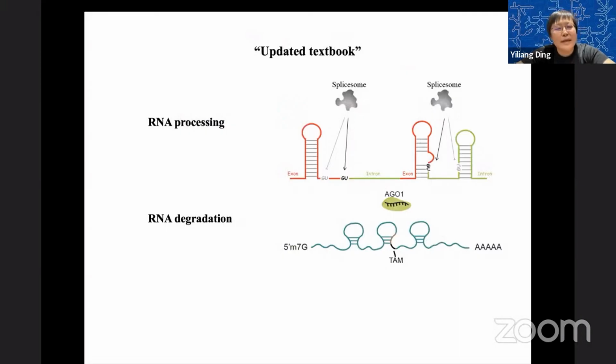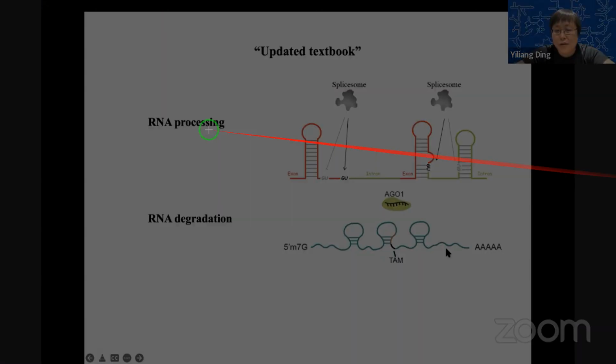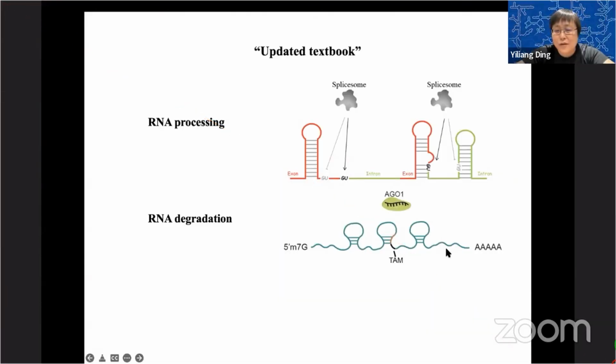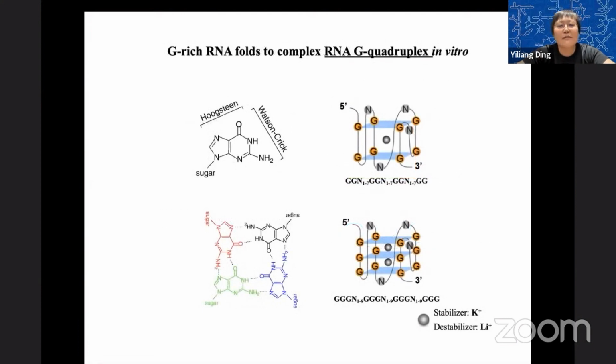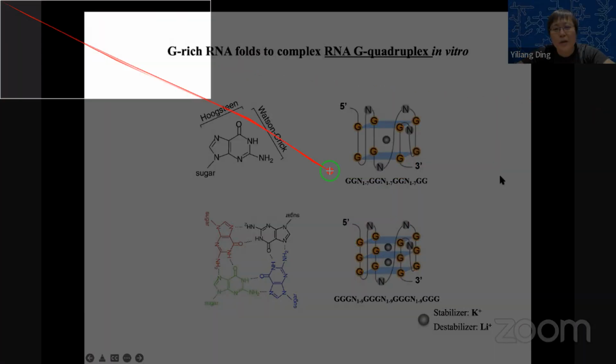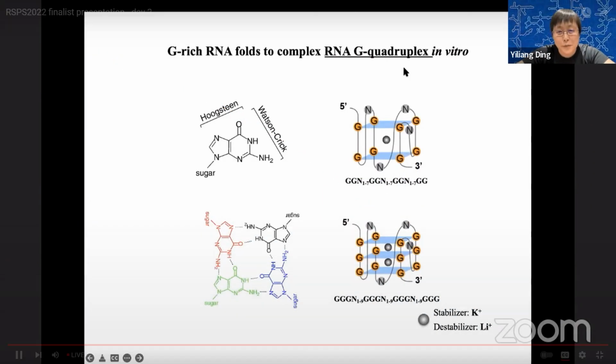So now we can update a little bit on the textbook on the microRNA-mediated RNA degradation. These target messenger RNAs do have a certain structure which is important for this degradation pathway. Before I move to translation, I would like to introduce a very famous RNA tertiary structure motif,